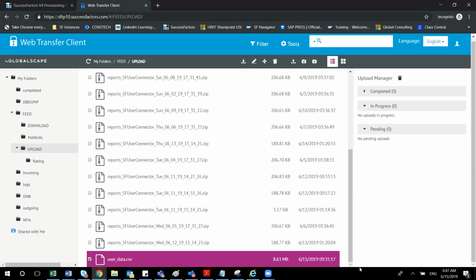Whatever employee extract, export program you are scheduling in SuccessFactors provisioning will produce this file. Suppose 20 employees have joined, or suppose 5 employees had a transfer and their business unit changed. All those data should be updated in the LMS as well, right? For that reason, the SuccessFactors provisioning employee export program will produce this file every day. It will be in the format user underscore data, and it will be a CSV file.